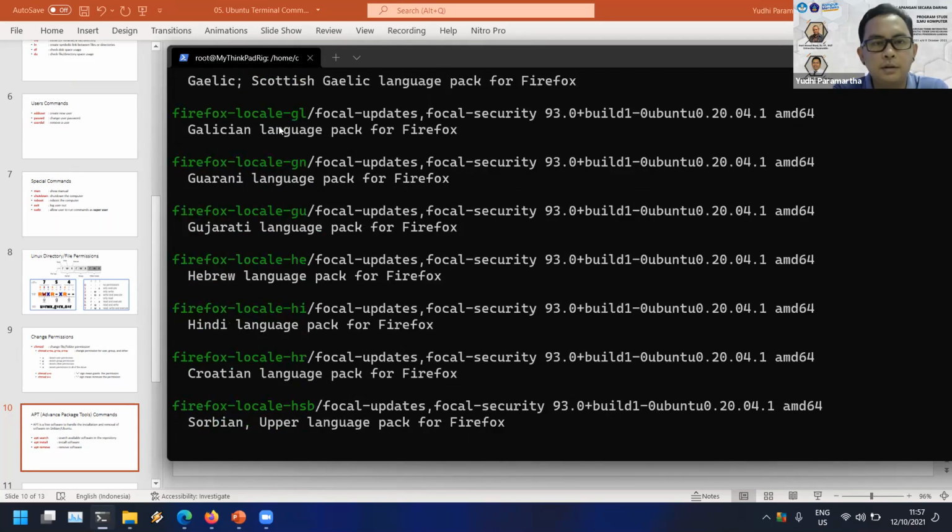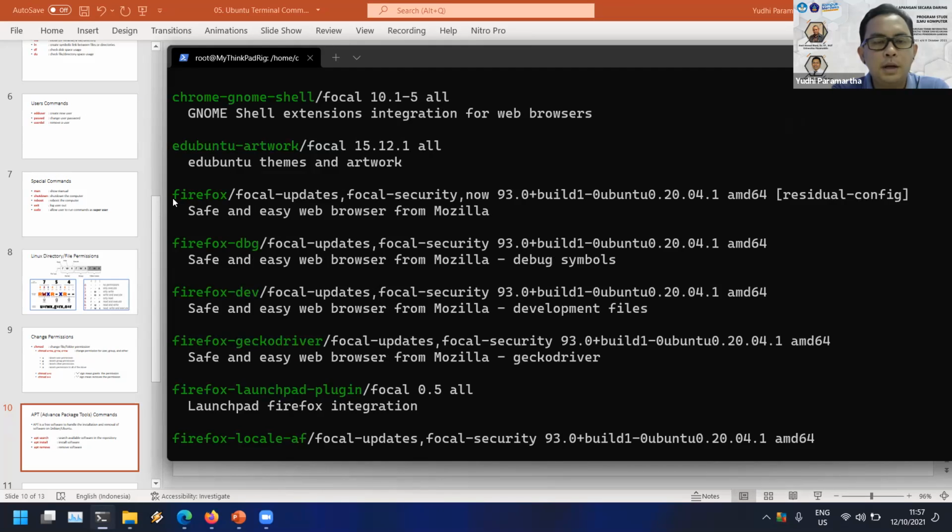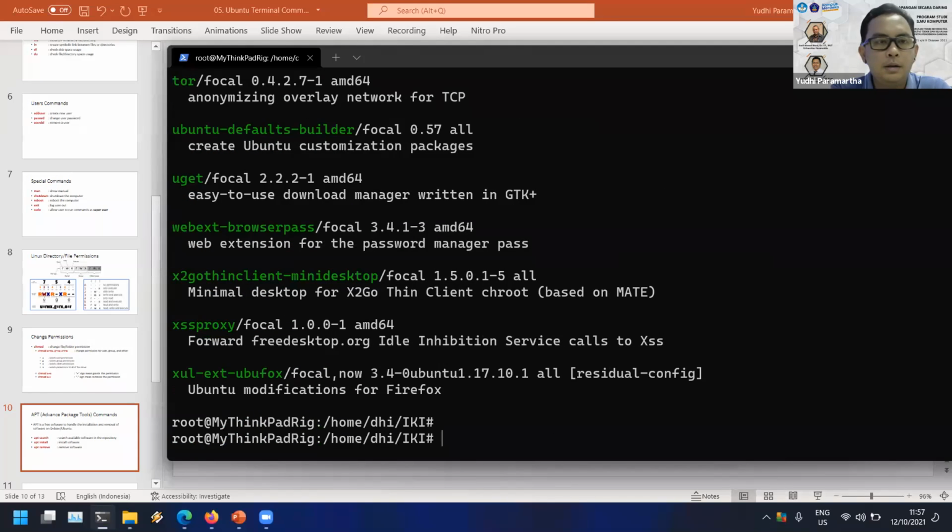You could install it from the repository, because some applications are not in the repository, so you have to make sure that the application is in the repository, so you could install it. Okay, so the next is apt install, to install the application from the repository.